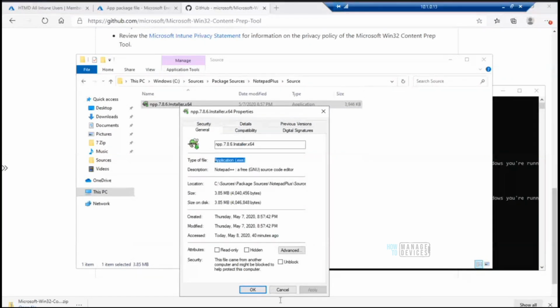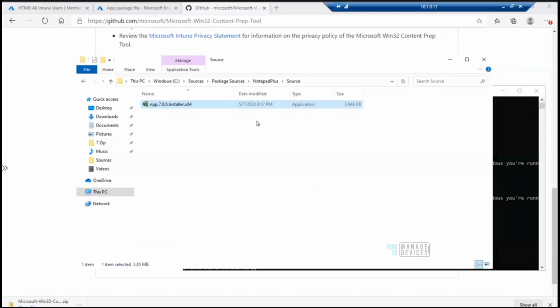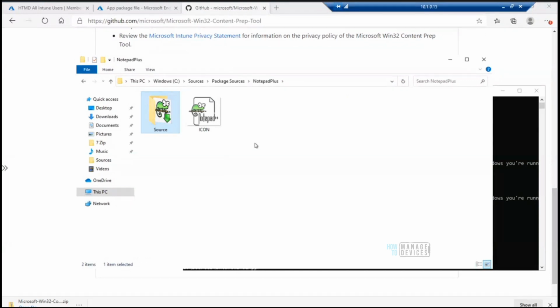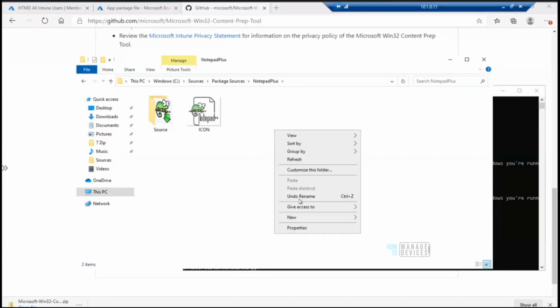So this is the exe application, and I'm going to convert this to Intune Win format. Then I'm going to deploy this to our Windows 10 devices and see what is going to happen, how the agent gets installed automatically, etc., on Windows 10 devices.